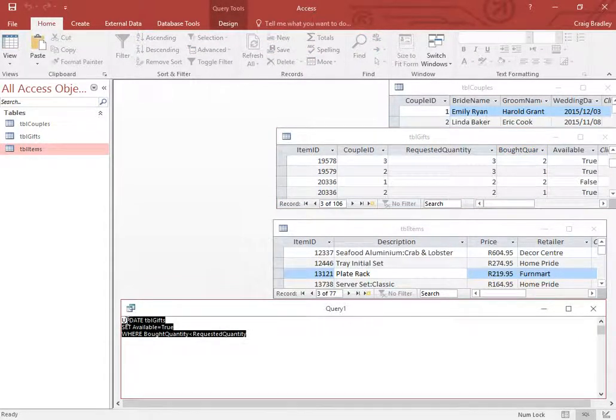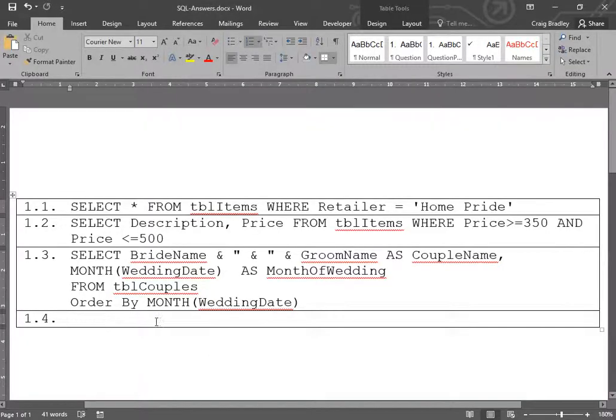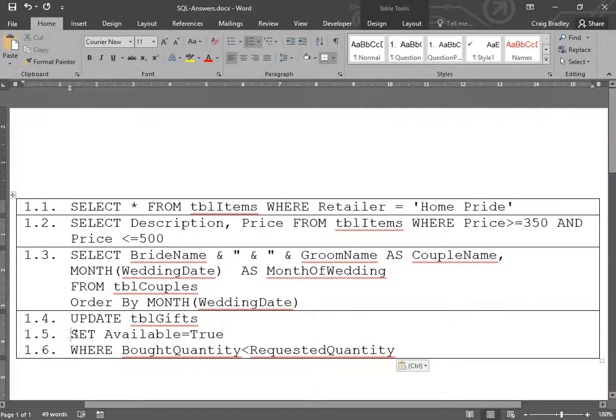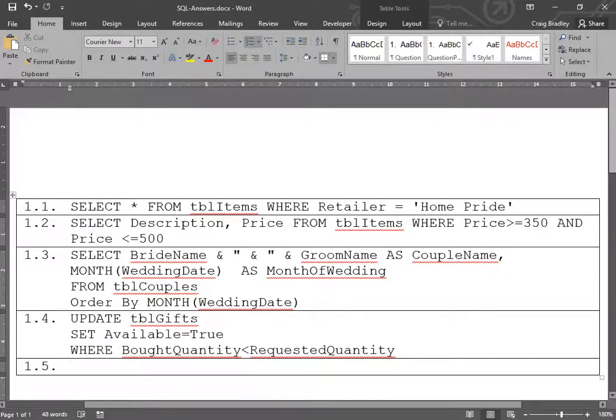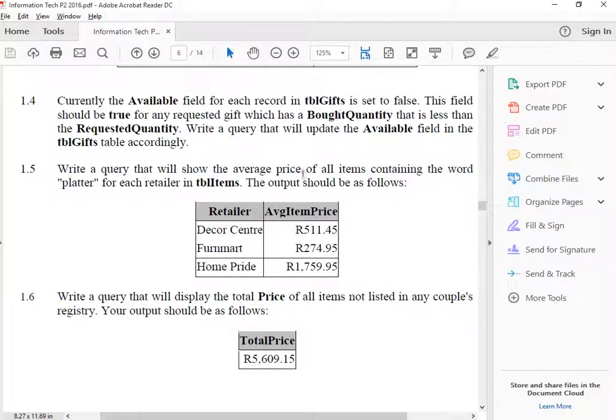It was easier than what I'd feared. When I read it, it was something we hadn't really seen before, updating based on a condition. But the condition was actually quite a clever question, and I liked it. So literally update TBL gifts, set it to be true where the quantity is less than that. It made it look more complicated, but when we actually broke it down into steps,